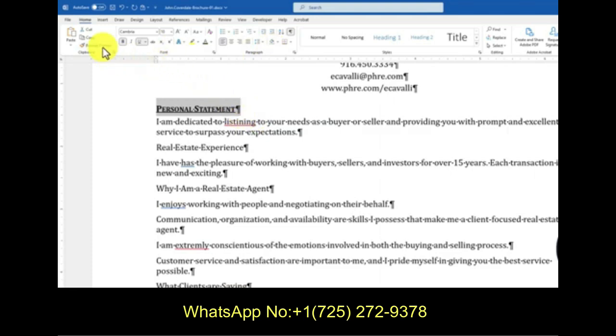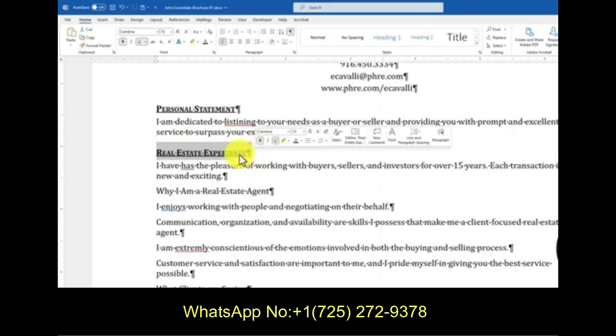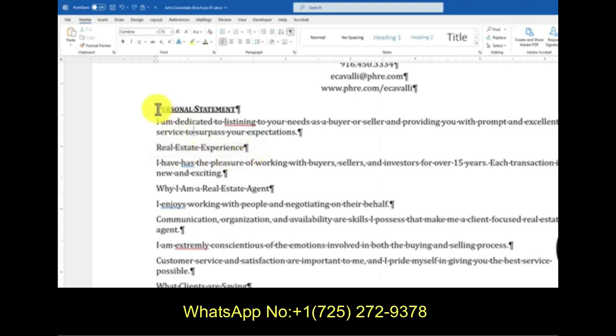Now, here's a button that's called Format Painter. I'm going to go ahead and click it once, and now if I find Real Estate Experience and I highlight that with my mouse, notice there's a paintbrush stuck to my mouse, and that is going to take the formatting, the appearance of everything that I previously did, and it's going to copy that formatting onto this here. Let me do it again for you. So select the whole thing, the thing that we like, the thing that looks good, select it. Now you can let go of the mouse for a second, then come back